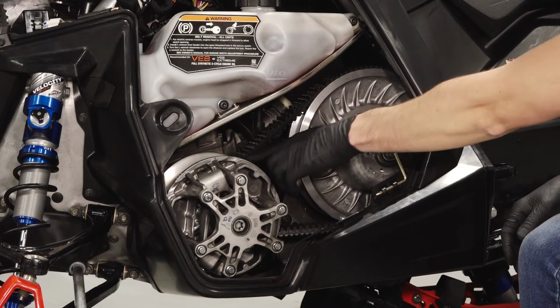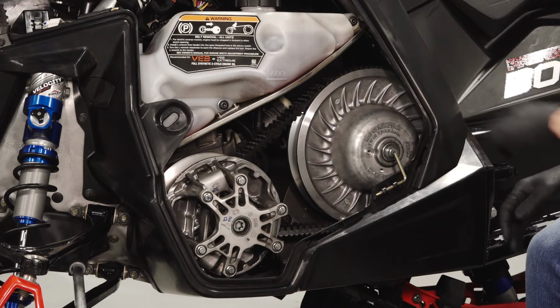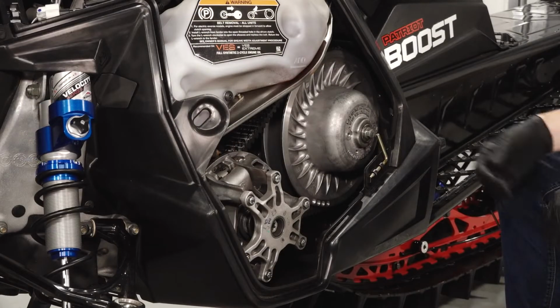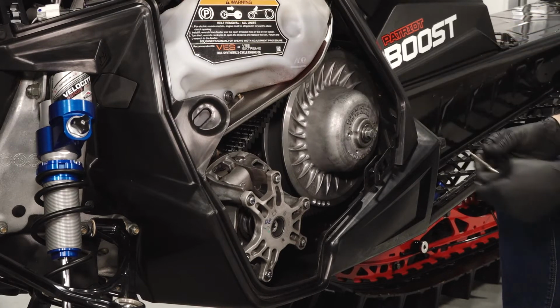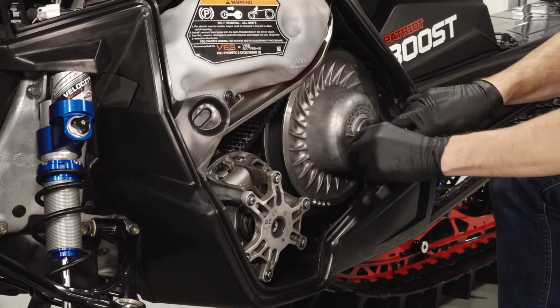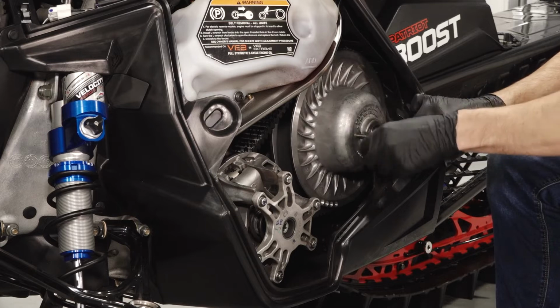Take note of the drive belt direction of rotation. The belt must be installed in the same direction if reusing. Next, remove the clutch spreader tool from the panel trim, and spread the panel trim apart as needed to access the driven clutch. Insert the clutch spreader tool into the threaded hole on the driven clutch, and turn clockwise to